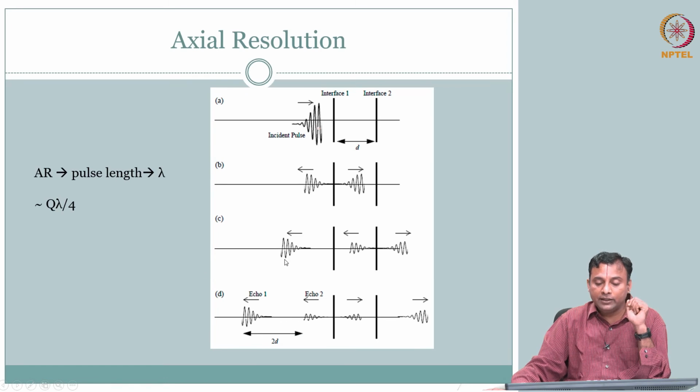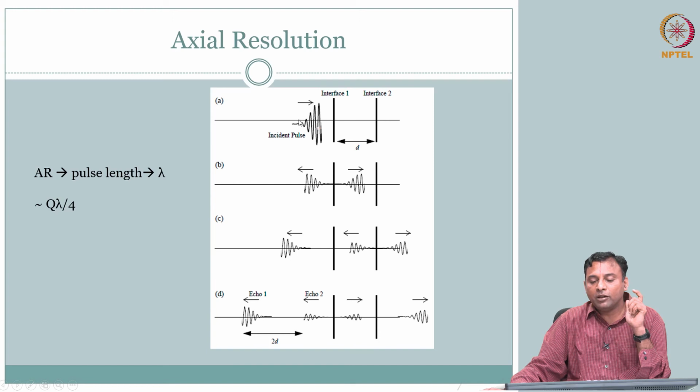So clearly you can see that this ability to resolve these two interfaces depends on the length of this echo, the length of this pulse that you are sending, right. So pulse length determines your axial resolution in ultrasound. Axial is the direction along the depth, the wave propagation direction of your compressional wave. So your resolution is directly dependent on your pulse length, which you can, at